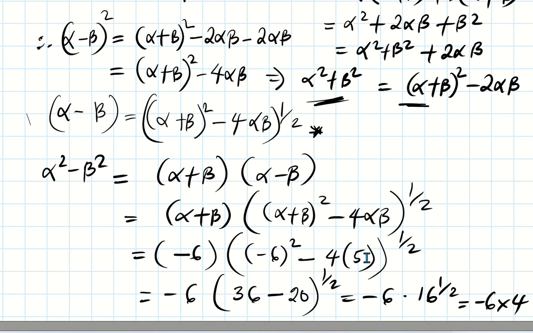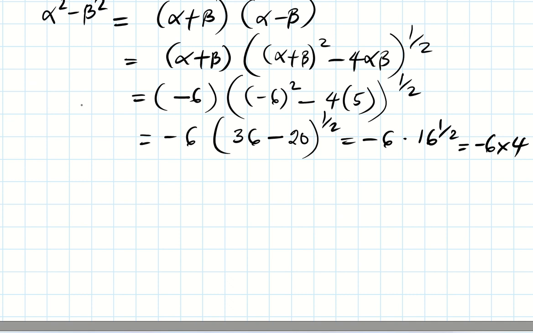Then we have that, therefore, alpha squared minus beta squared is equal to -6 times 4, which is equal to